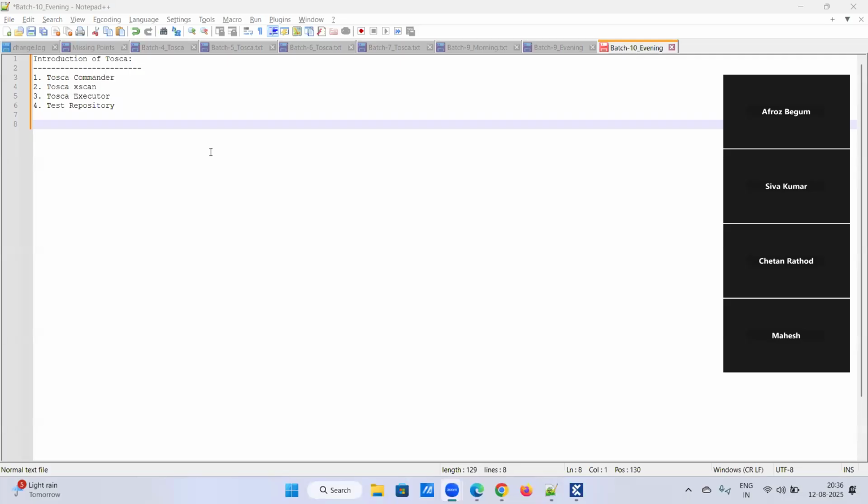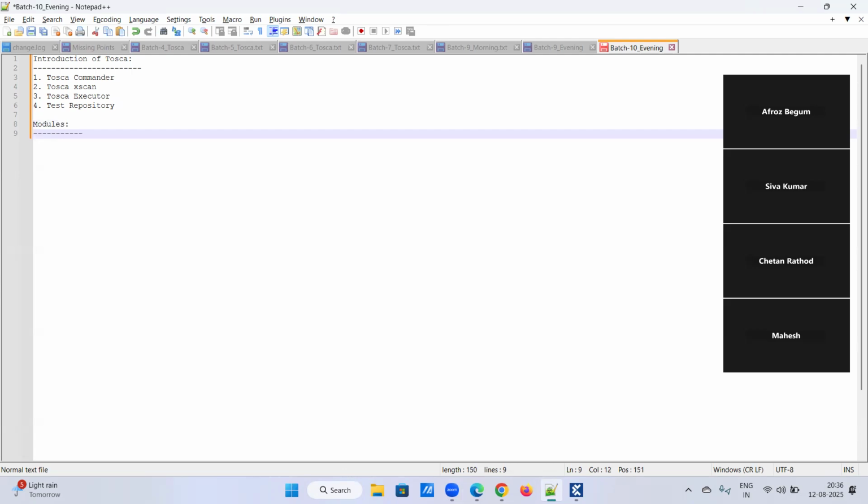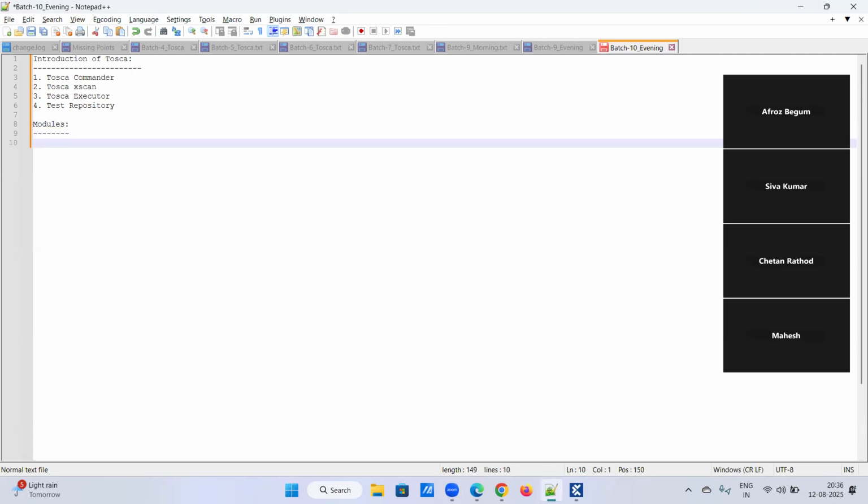So, in the last class, we discussed the introduction of TOSCA, and today our topic is modules. What are modules? Why do we need to start with modules, and how do we create a module? All these things we will see in today's class. I'm going to start automation with the modules, and let's see the basic definition of